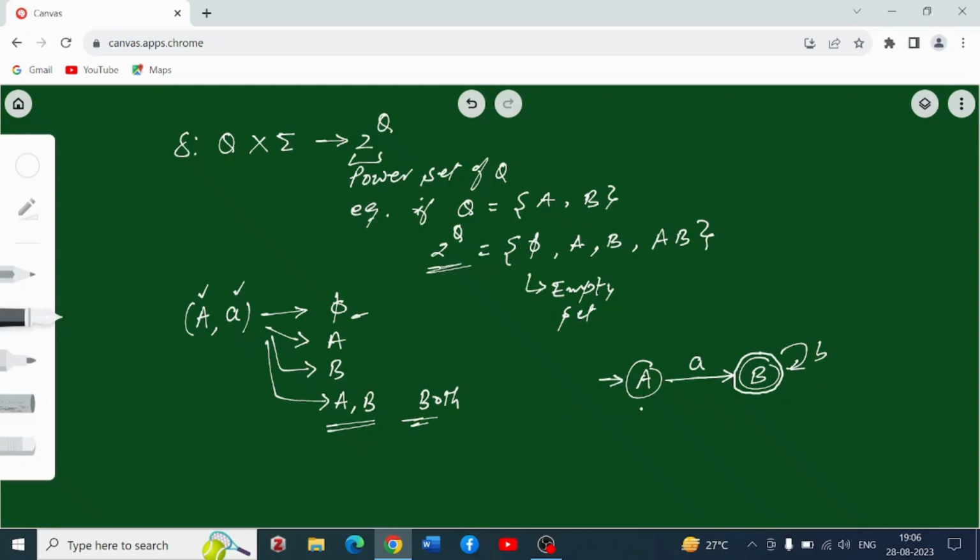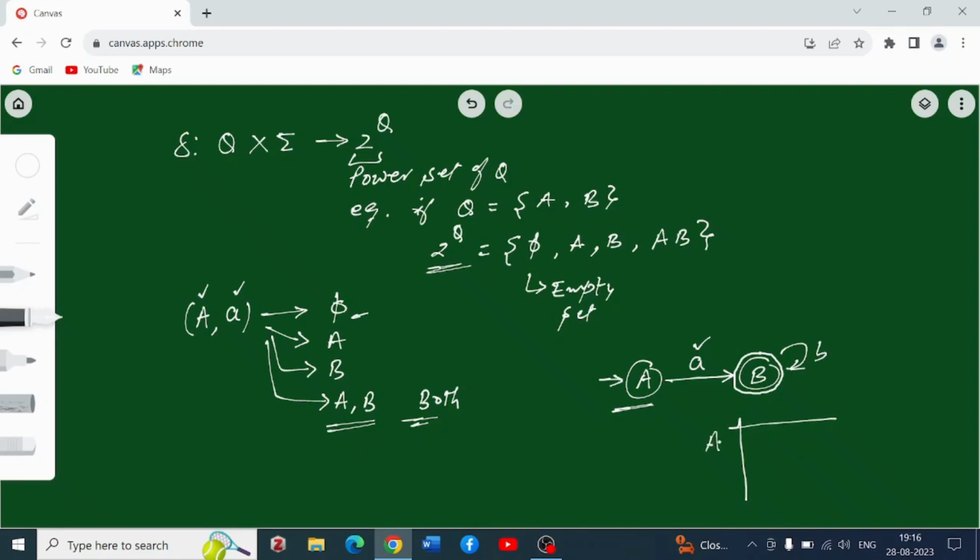In case of the state A, for the particular input A, it is going to B, but the input B is not defined here. So if we prepare the transition table of this NFA, then we'll see that,